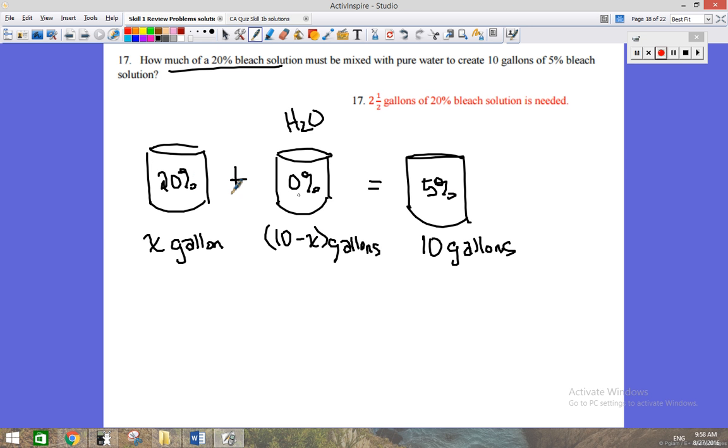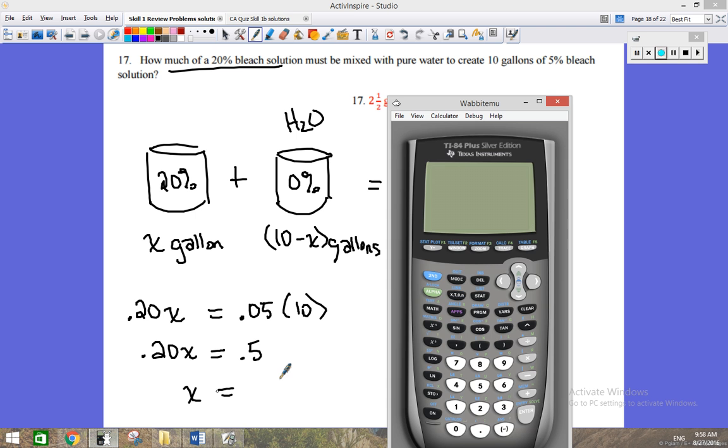Now, when I work with percents, just out of habit, I move the decimal point over 2 places. And here 0 times that is just 0. And here 0.05 times 10. And so I've got 0.20. When I multiply by 10, I move the decimal point over. Hey, that's 1/2. So if I divide each side by 0.2, what do I have? I've got